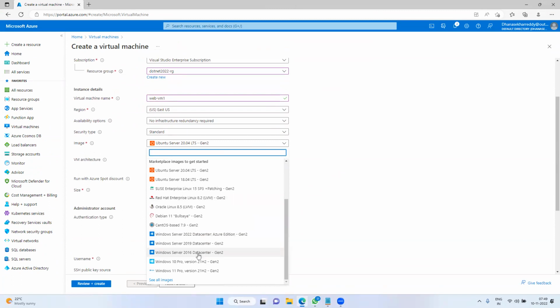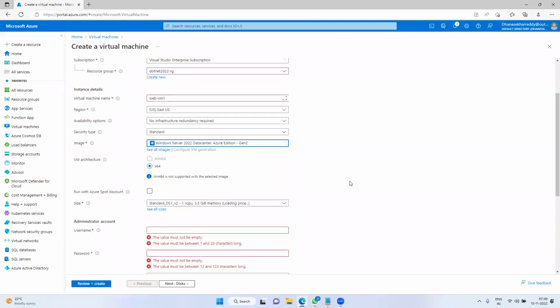We have 2016, 19, 2022. Coming to the Linux flavors, we have Oracle, Debian, Red Hat, SUSE, Ubuntu. At this moment, we will see only Windows Server 2022, that is the latest. Later I will show you how to create one VM with Linux OS.